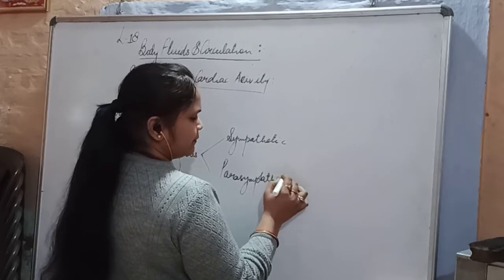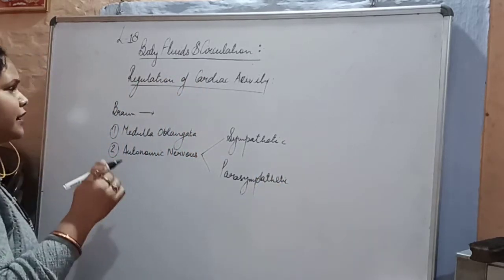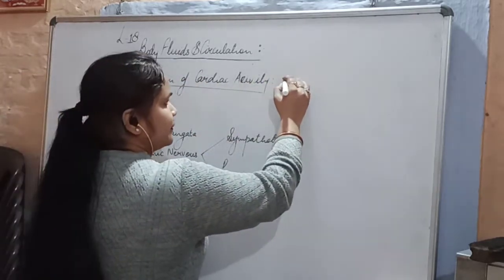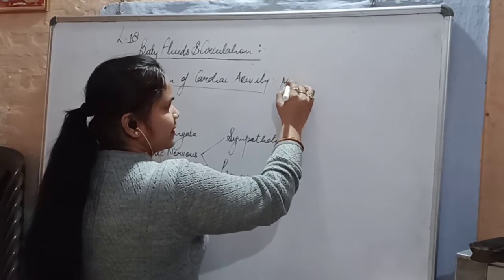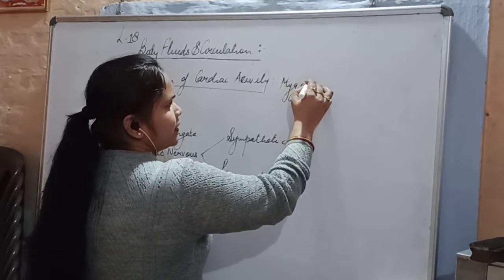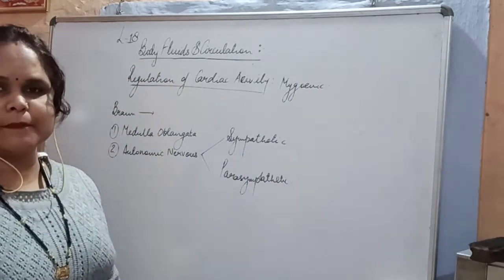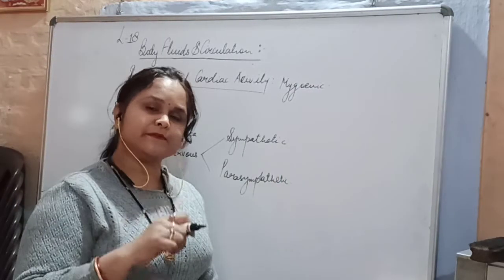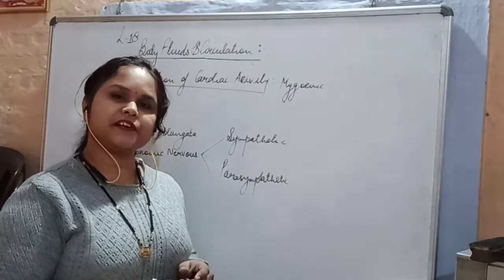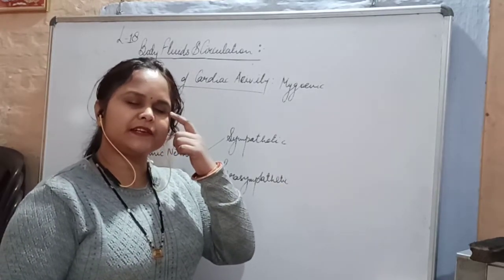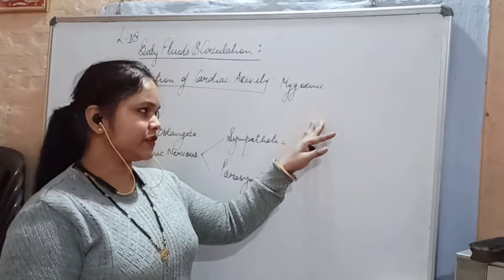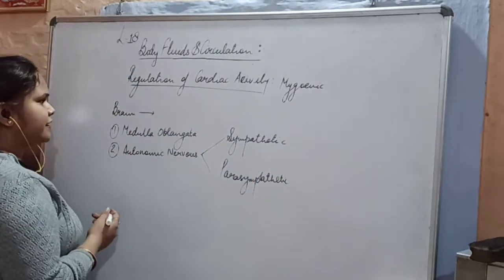So we have already discussed that heart impulse conduction is done with the help of nodal tissues. So there is no one to generate the impulse. The nodal tissues are themselves responsible for the generation of impulse. So a heartbeat is basically myogenic in nature. It was discussed in the earlier lectures also.